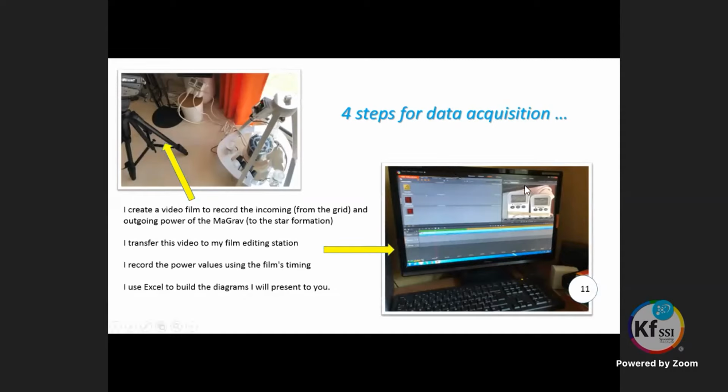So he took a video of that so he could notate the actual pulses, according to the meters, the little meters you see in the picture there. That was part of the video program they used to video the whole thing and notate the actual pulses and put them into an Excel spreadsheet in order to make the graphs.